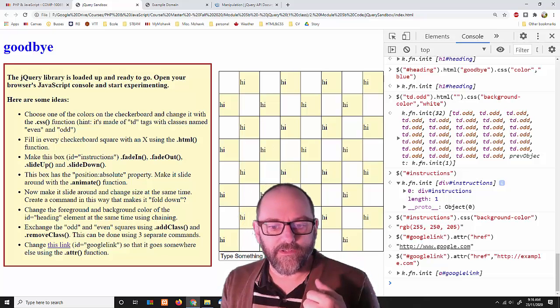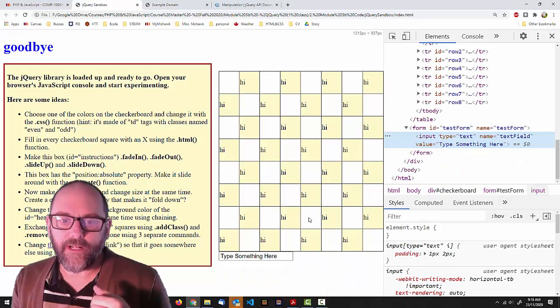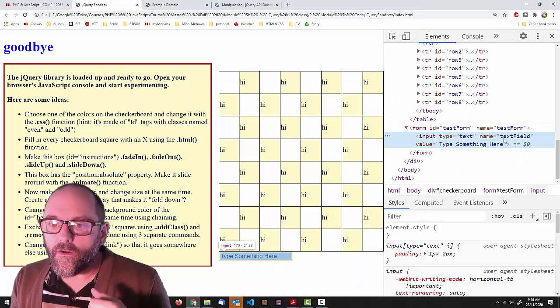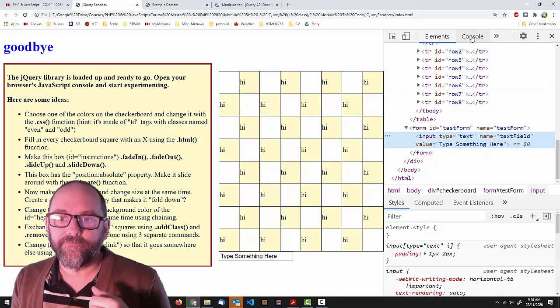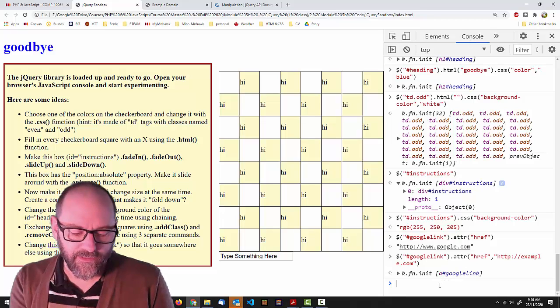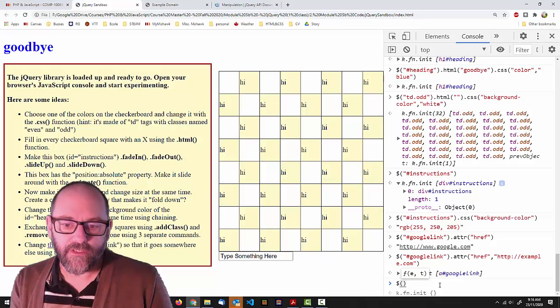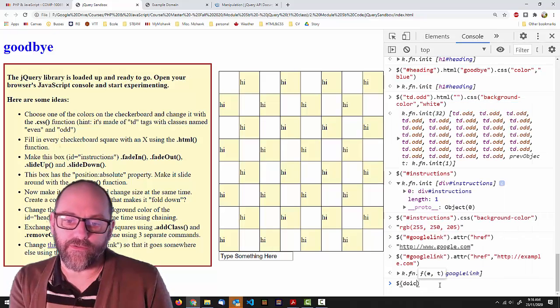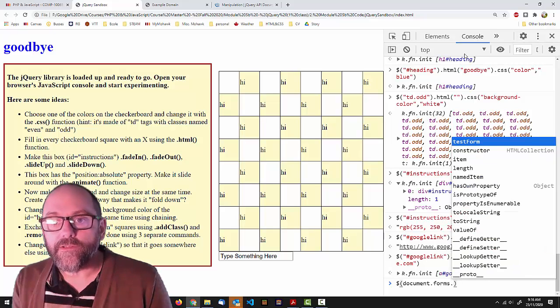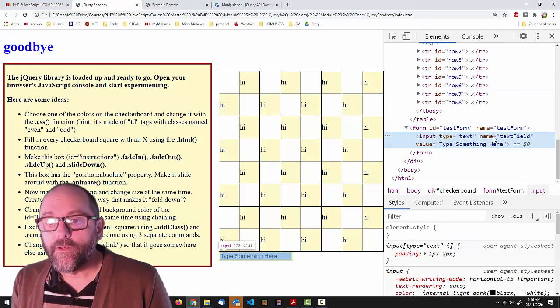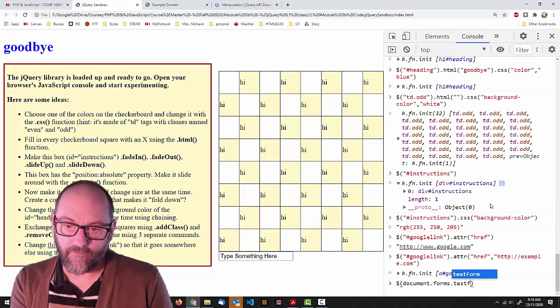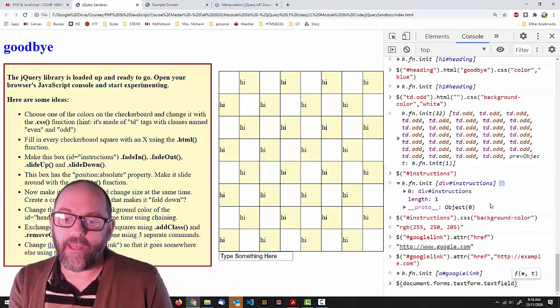The other thing that we do a lot is we change the value of an input element. So here's an input element, it's just got a name of text field. There's a bunch of things that you can do here. The dollar function, which you usually use with a selector. You can also do it like this, document.forms.my, what is it called? Testform.text field. So you can, in a pinch,